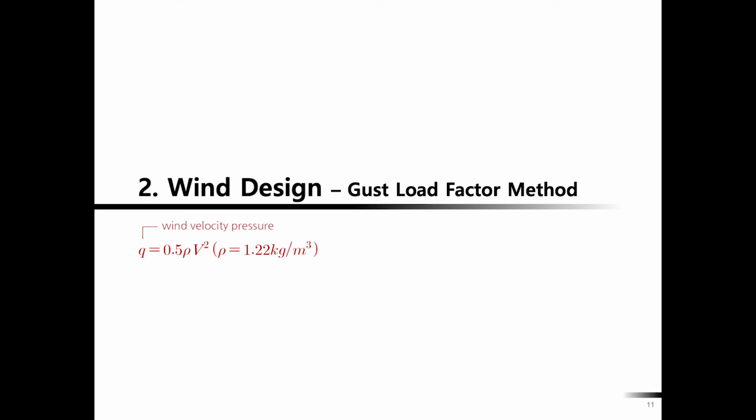Then you just integrate the total pressure over the area of the building, the facade area of the building, and you get force, right? But that's only for the mean. You have to consider the gust effect, and you just apply a factor. Say this is the mean pressure, and then you multiply by a certain factor,